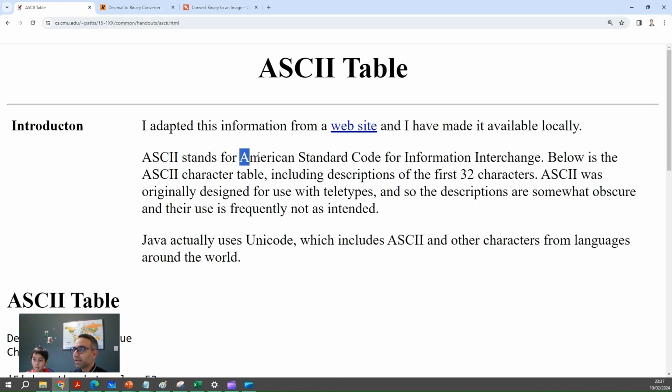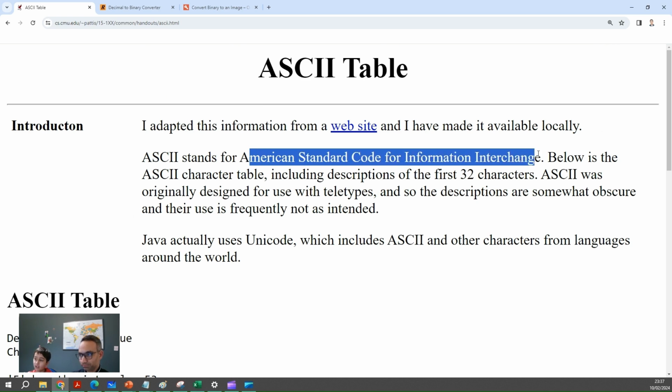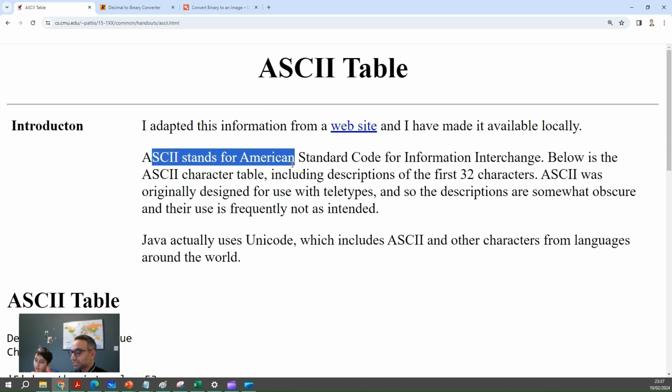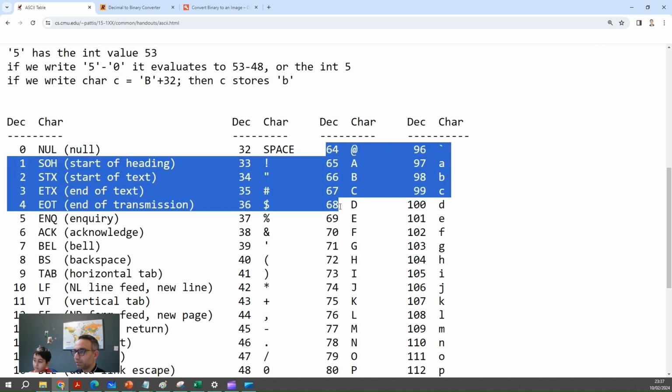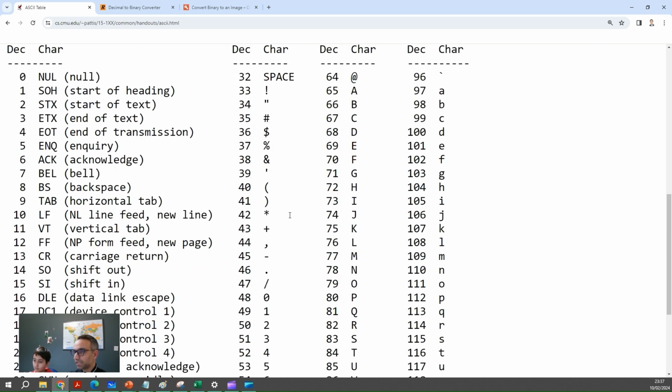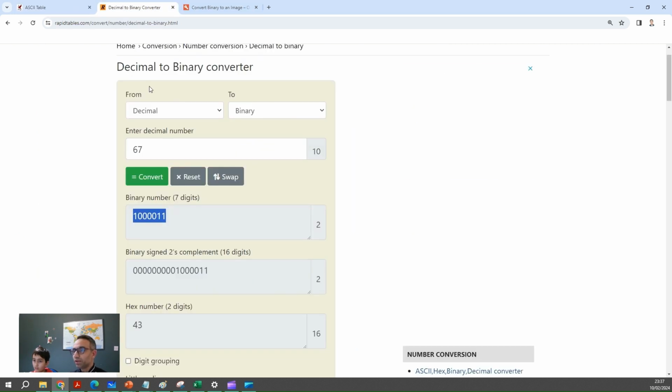It is the American Standard Code for Information Interchange. So we defined these standards. They said, okay, this will be the decimal number for the letters and the special characters. For example, if I have to write the letter C, what will be its equivalent decimal number? 67. So if I write 67 here as a decimal number,